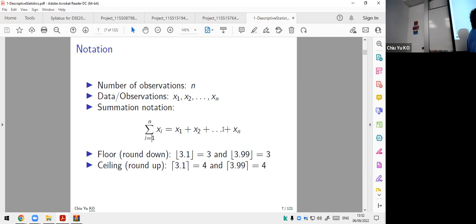And there is also standard notation we use here. It's called the floor or round-down function. Okay. The floor function means we only take the integer part. That's basically the biggest integer smaller than this number. And ceiling is just round up, whenever your decimal goes up. Okay. 3.0 is also 3, but 3.01 becomes 4. So basically, if you have anything non-zero here, it just adds 1 to the integer. Okay. So round down will be a very useful function we use.